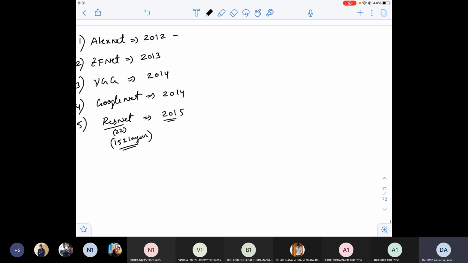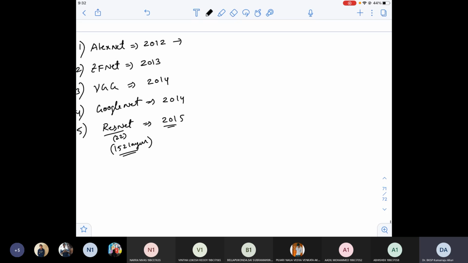used? They have taken a common dataset or common task, like handwritten digit recognition or detecting various objects in a particular dataset, a standard dataset. We'll see that. They've taken standard datasets and cross-checked their architecture. For AlexNet, they got a 16.4 error rate for a particular dataset, say handwritten digit recognition. And ZFNet, they got an 11.7 error rate. That means it reduced, right?